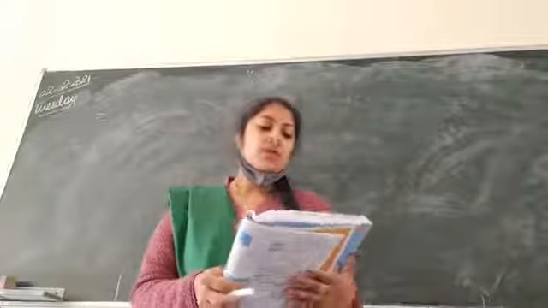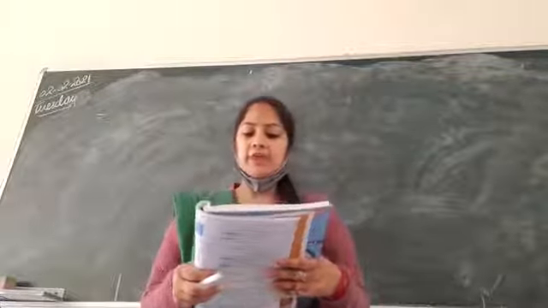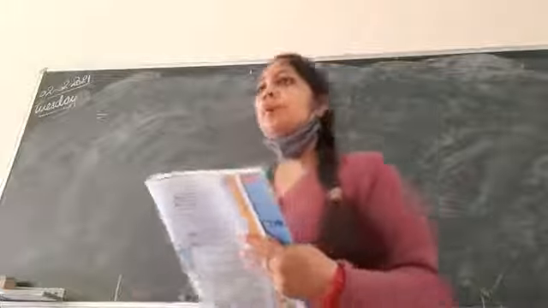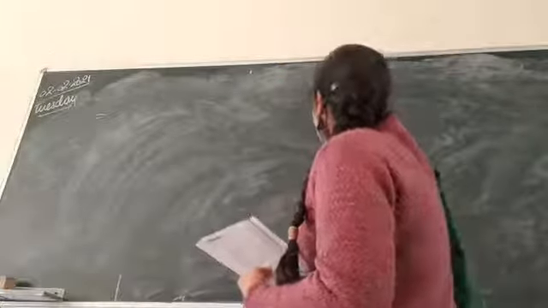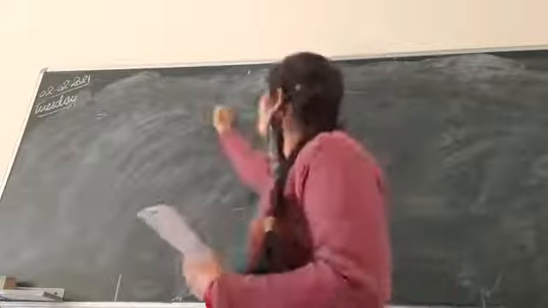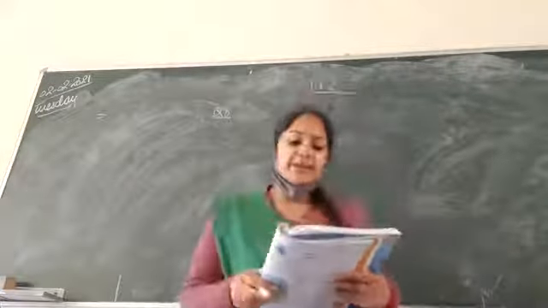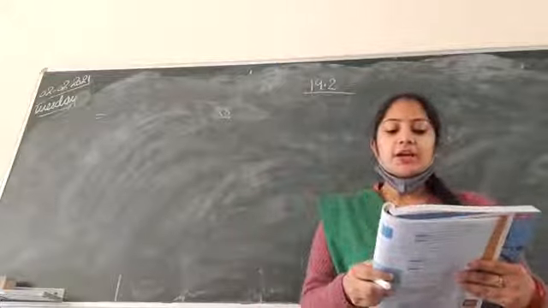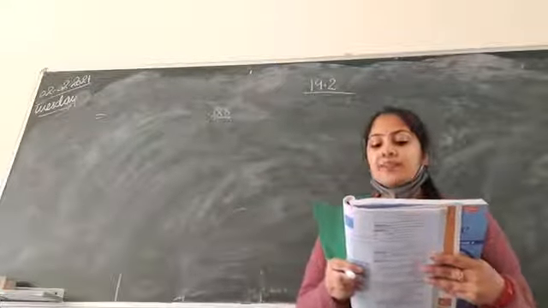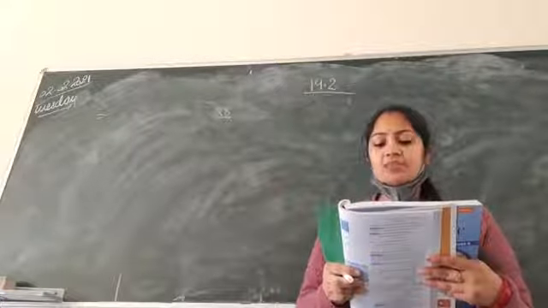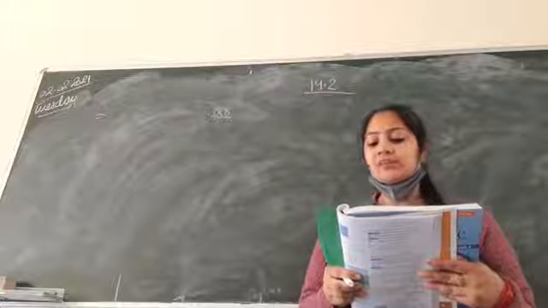So today we will do question number 8 of exercise 19.2, right? So exercise 19.2, question number 8. Question number 8 says that a cylindrical vessel open at the top has its base of radius 10.5 centimeter